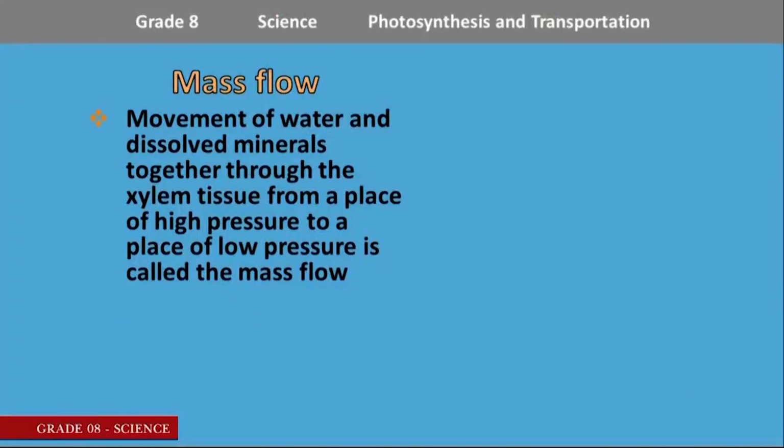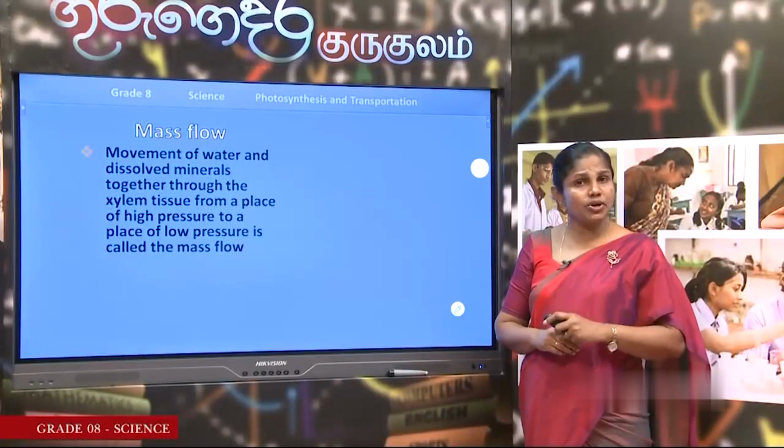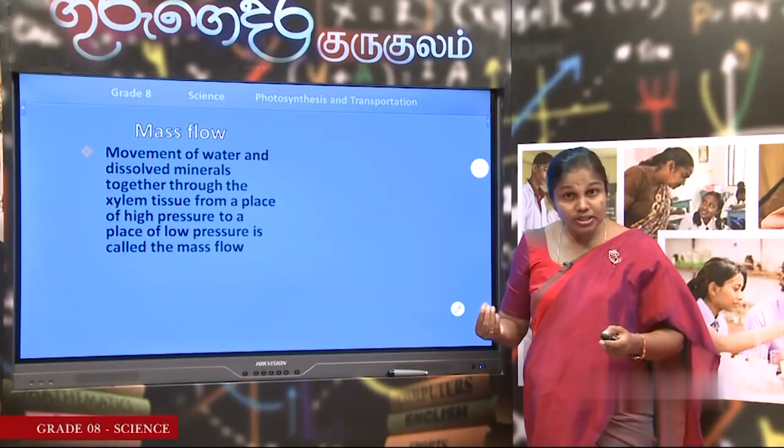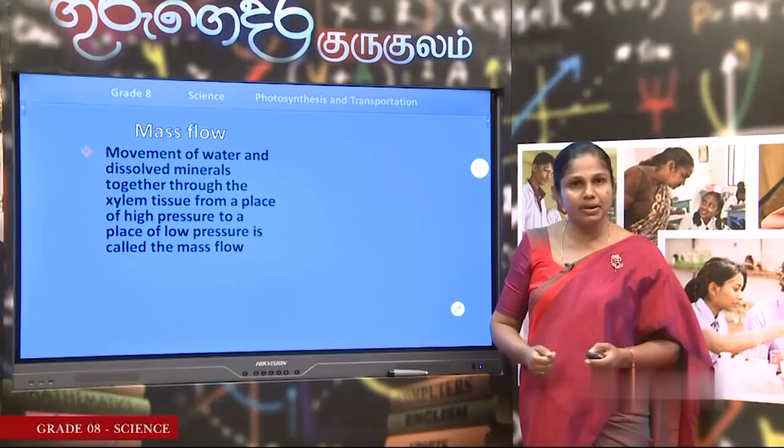You know, children, when water flows, it always flows from a high pressure to less pressure, right? From an area of high pressure to an area of less pressure. Likewise, here also in the plant, there are some instances where materials move due to a pressure gradient. This method is called mass flow. Actually, once water and minerals are absorbed by the root xylem, those things are transported to the upper part by